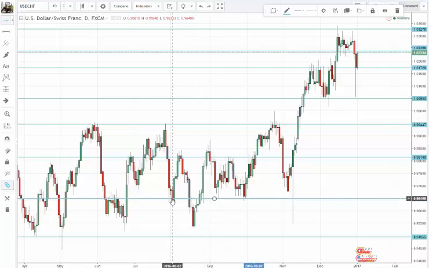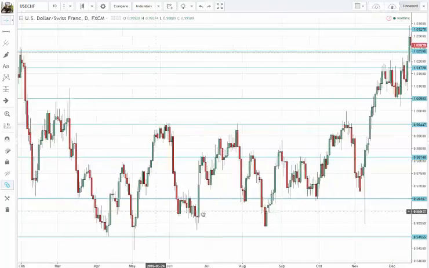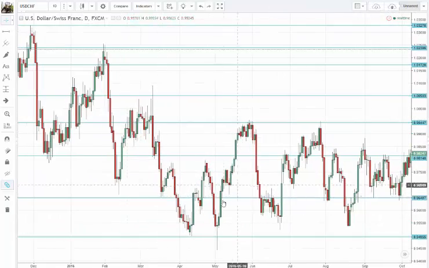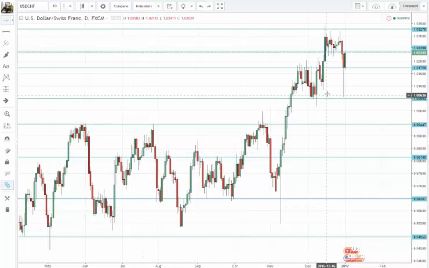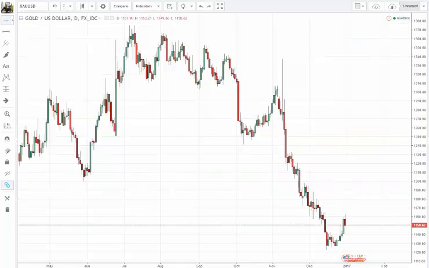Here was support, here it was support, here it was resistance for quite some time. So here it was support. It's a very interesting line. So just to show you guys that horizontal lines are very important. That's just the main point. Let's move on to, maybe gold could be